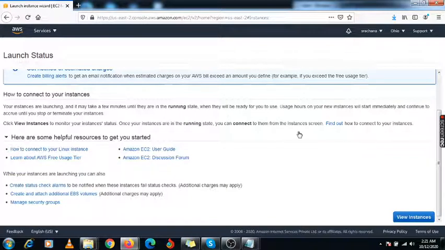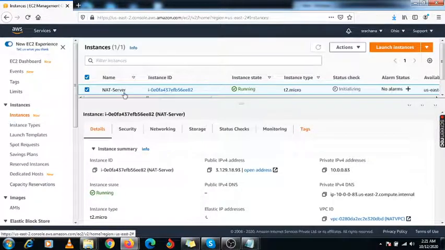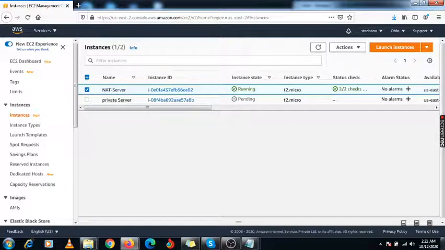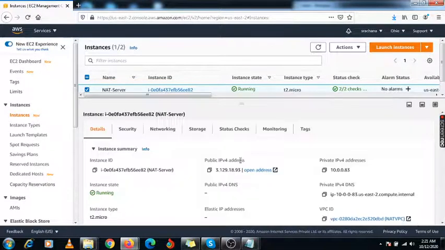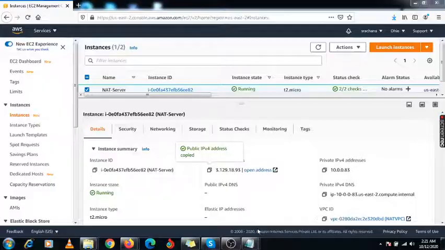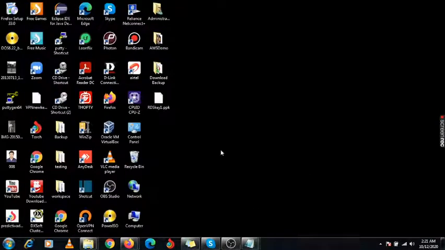Now we will open PuTTY for my NAT instance. Here you will see the public IP address, just copy it. First we will generate the private key using the public key which you have downloaded for this NAT instance.